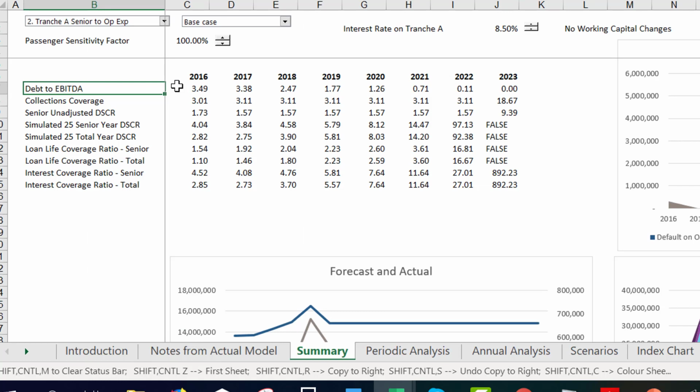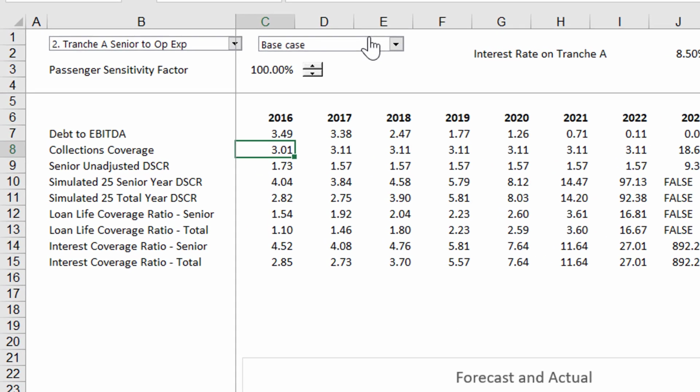And we should really think, what does this one really mean? In this case, the debt's going down, very good. The EBITDA, in this base case, it's all staying positive. Now, and then we can look at just our collections coverage ratio, which is just the revenues for collection. This is a meaningless one for me, but it doesn't have any operating costs taken. It's revenues that are for the direct payment of the debt service relative to the debt service.